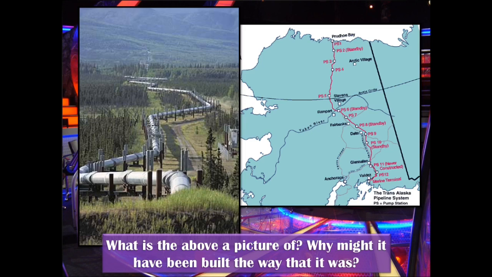Well, why is it above ground? What do you think happens in Alaska? It gets really cold, right? And because it gets really cold, it makes more sense to have it above ground rather than underground, because the ground might be frozen or there could be other things that are blocking that pipeline from being in the ground. So that's one way of analyzing the why of where in the two pictures that we see here.